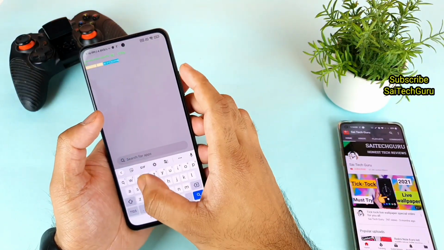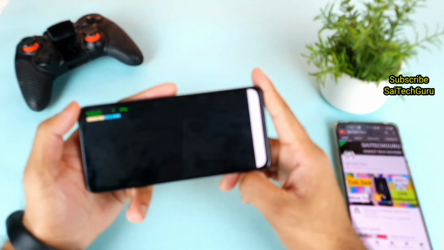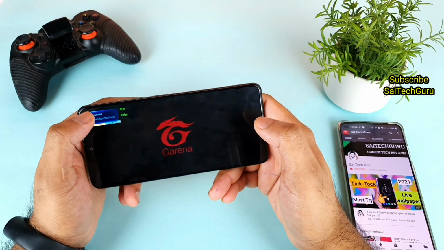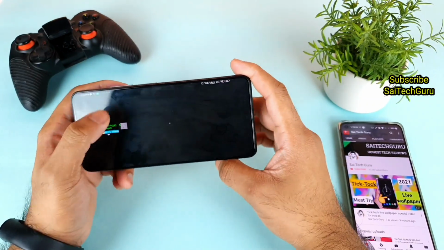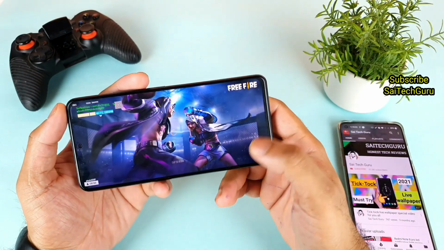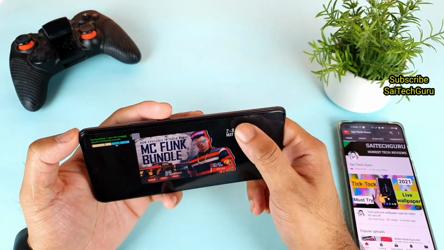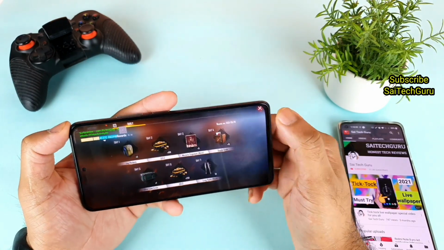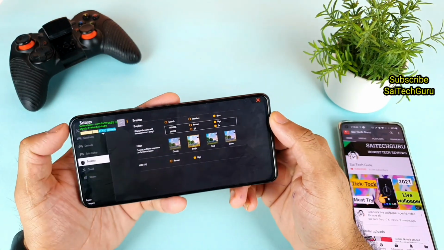There are a couple of other issues happening with this particular model. First is the green tint issue, and now the touch issues which are happening on this MI11X device. I'm not sure why it keeps happening with the display problems particularly. The only reason could be the new Samsung E4 type panel, which is used for the first time in this phone. Maybe that might be a reason, and maybe the displays are not calibrated properly before sending the units.